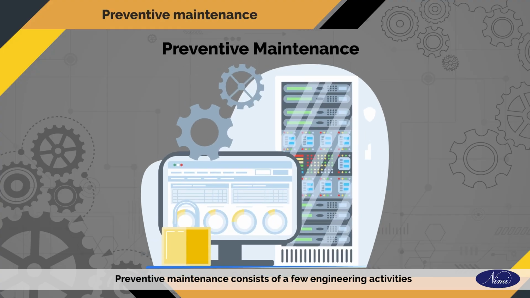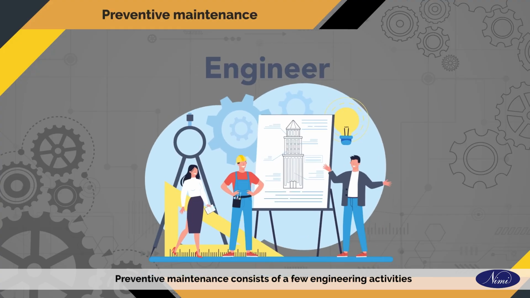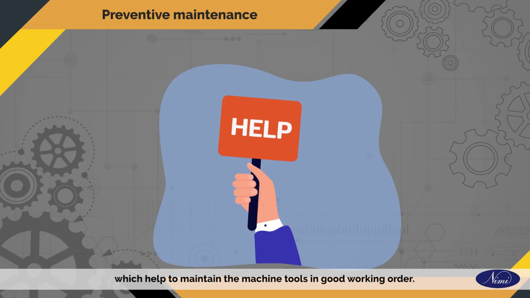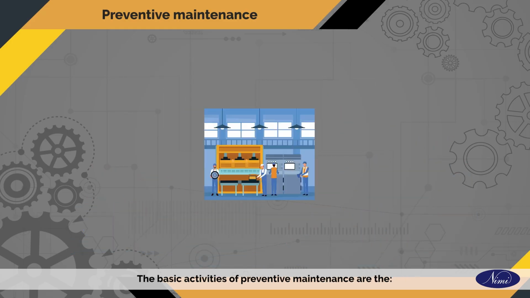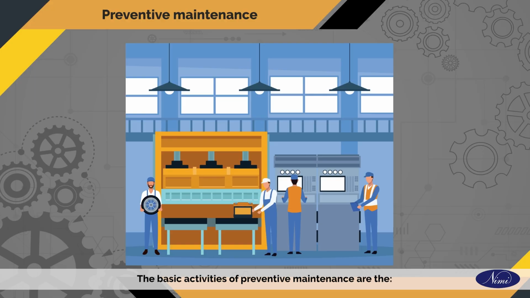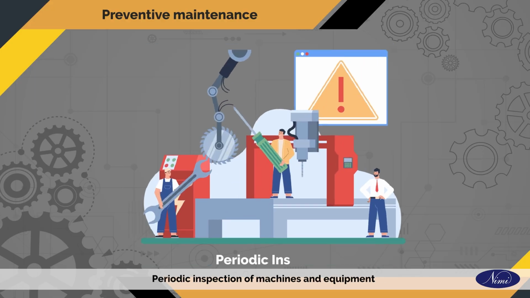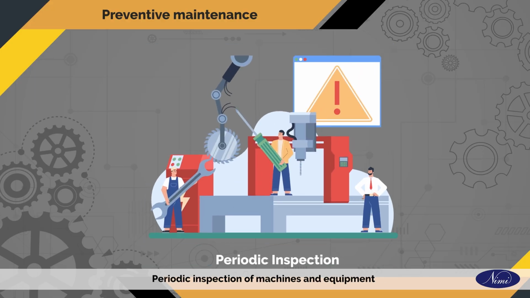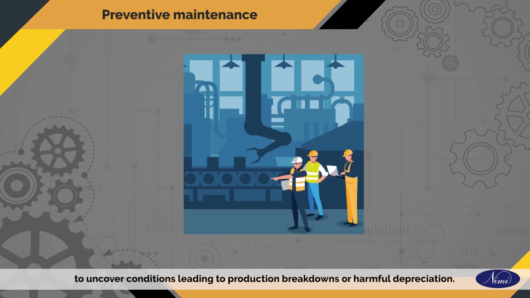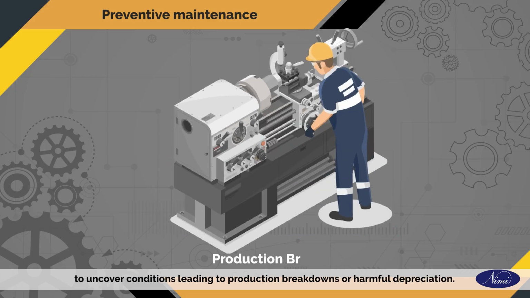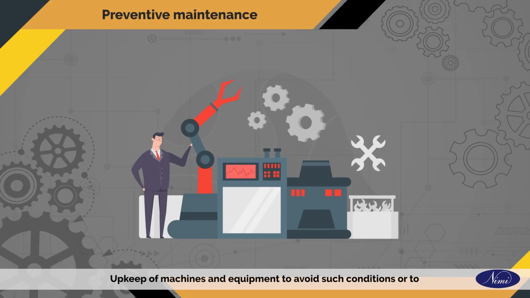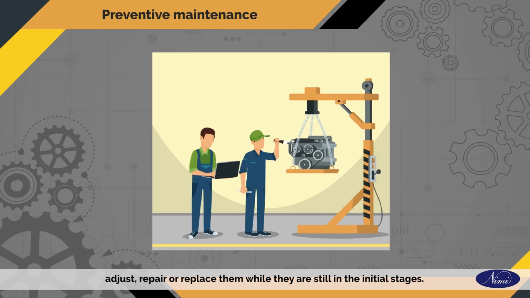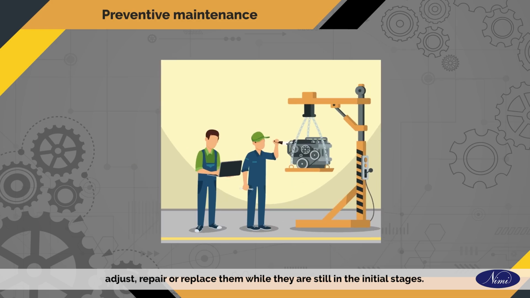Preventive maintenance consists of a few engineering activities which help to maintain the machine tools in good working order. The basic activities of preventive maintenance are the periodic inspection of machines and equipment to uncover conditions leading to production breakdowns or harmful depreciation, and upkeep of machines and equipment to avoid such conditions or to adjust, repair or replace them while they are still